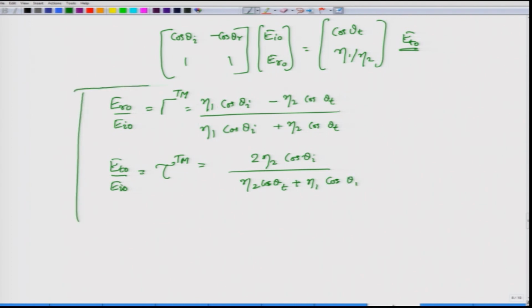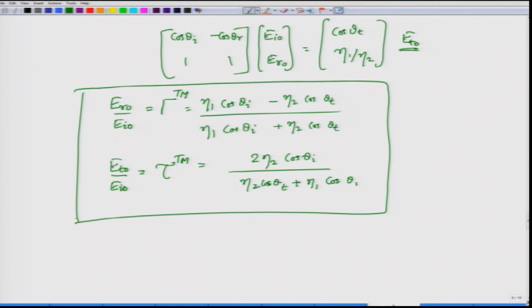So, these are the formulas that we were looking for, and these formulas are sometimes called Fresnel formulas. What these formulas represent is that, given the properties of medium 1 and medium 2, we are now able to find the ratio of the reflected electric field to the incident electric field and the transmitted electric field to the incident electric field. Of course, we could also derive the same things for the magnetic field, but we choose not to do that, and these are dependent on the angle of incidence and the material properties. So, if I change the material properties or the angle of incidence, what will happen to this gamma TM and this tau TM?